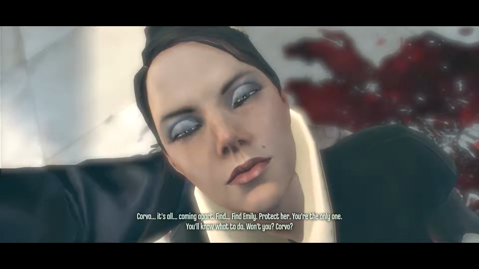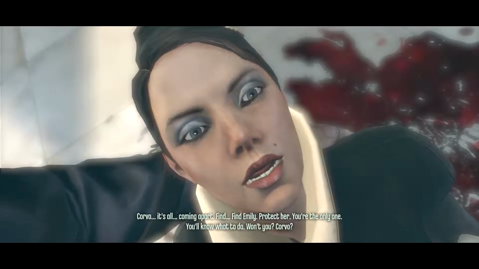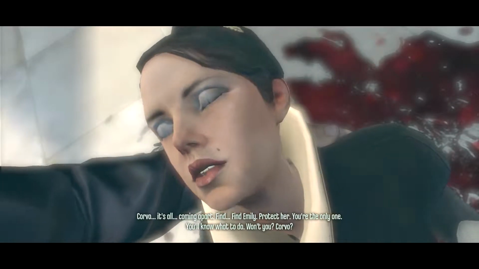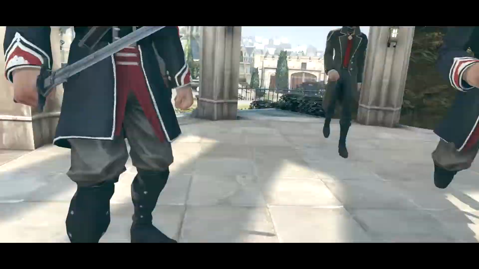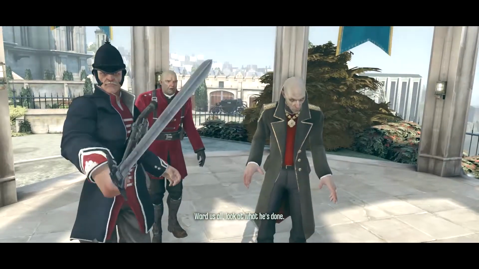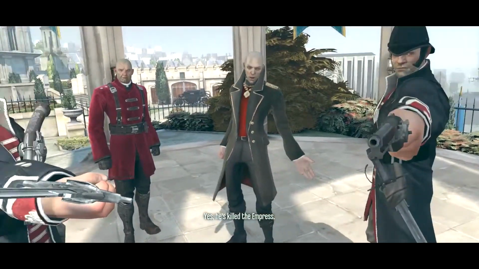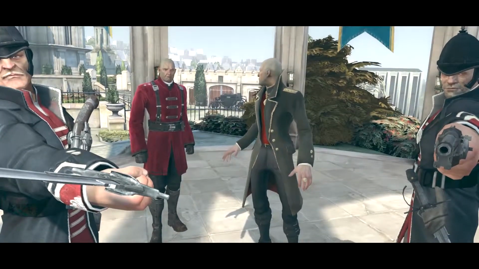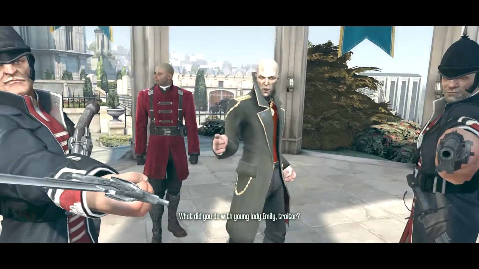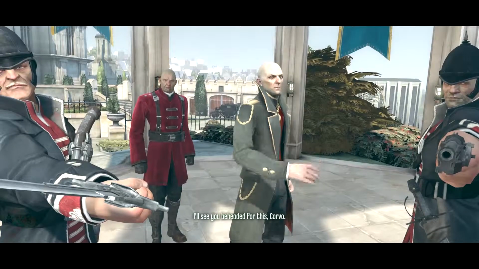Find Emily. Protect her. You're the only one who'll know what to do. Won't you? Corvo. Ward us all. Look at what he's done. Yes, he's killed the Empress. What did you do with young Lady Emily, traitor? Her own bodyguard. Ironic. I'll see you beheaded for this,